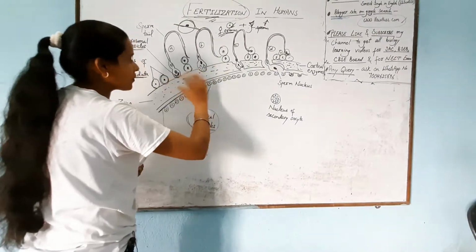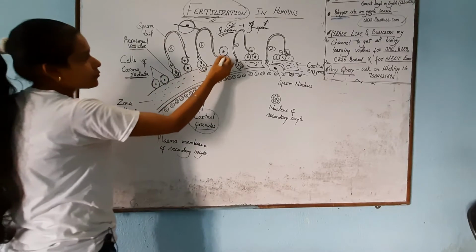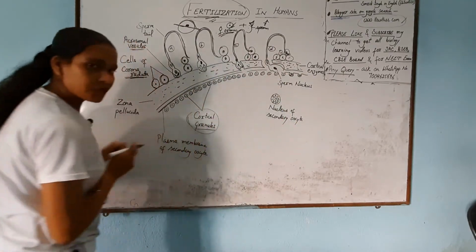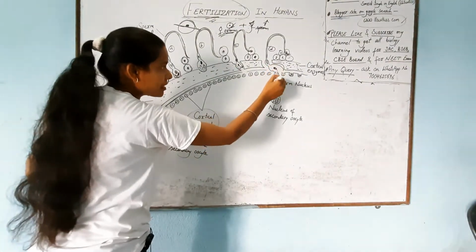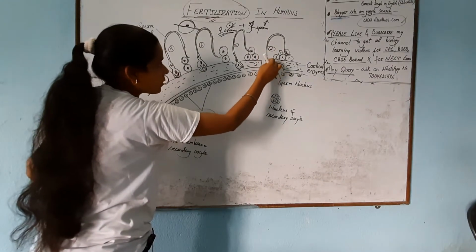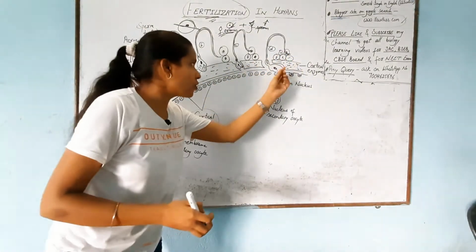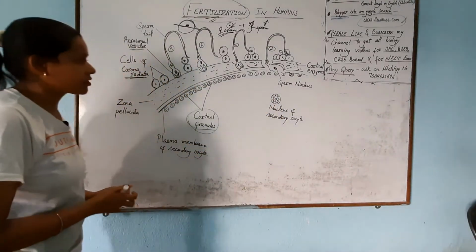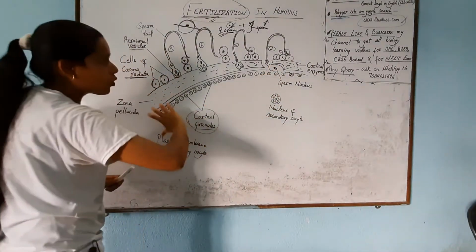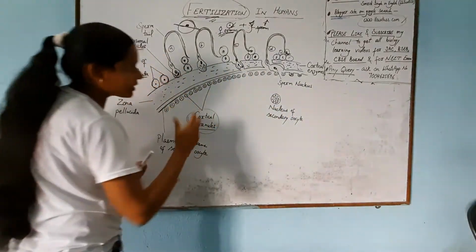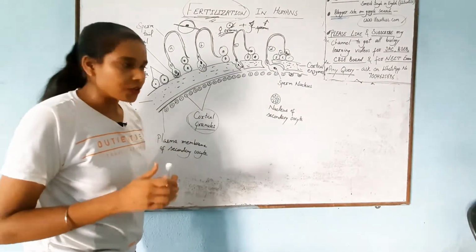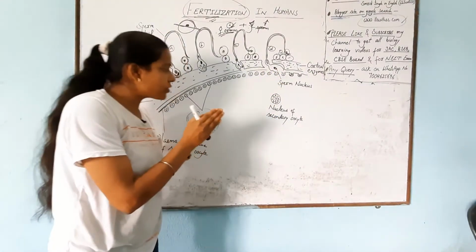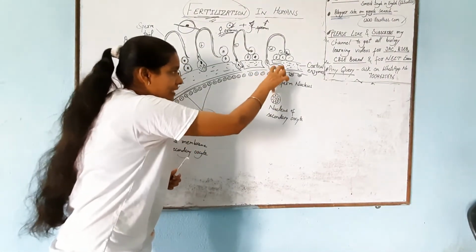This is the process I am showing you step by step in this diagram, how it penetrates and how its nucleus is released inside the cytoplasm of the ovum. This is the nucleus of the ovum and this is the nucleus of the sperm. The nucleus is released inside the ovum, and the tail, neck and outer membrane parts stay outside the ovum surface. Only the nucleus enters the cytoplasm, and after the two nuclei fuse with each other, the whole diagram makes a circular portion, a single cell known as the zygote. This fusion is known as fertilization.